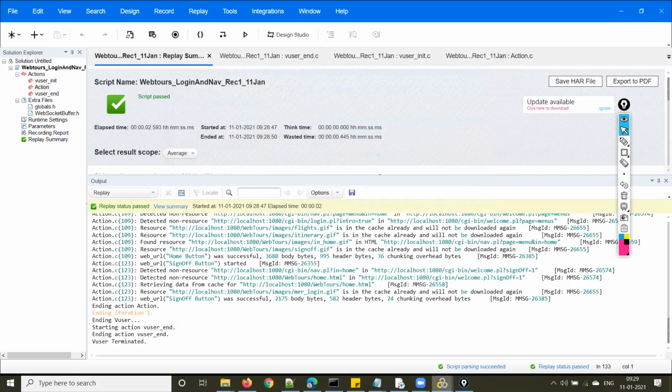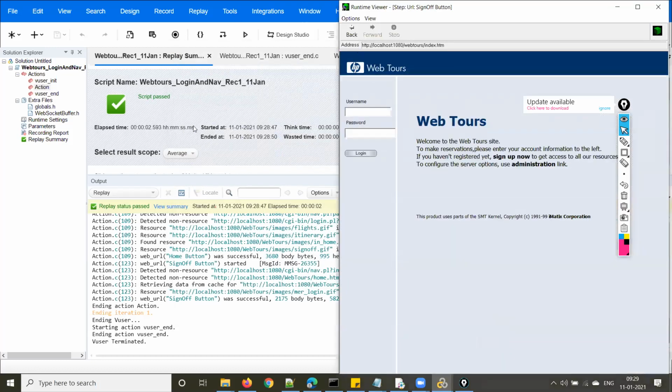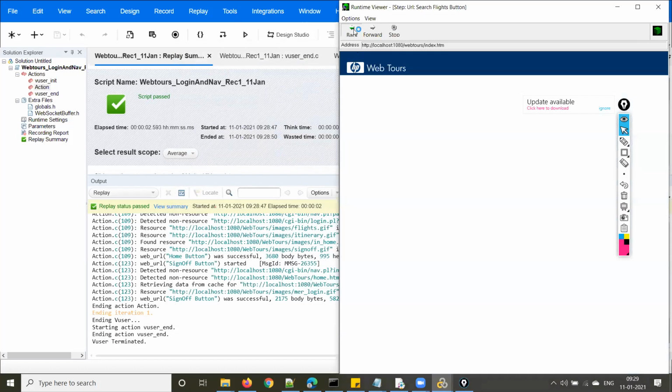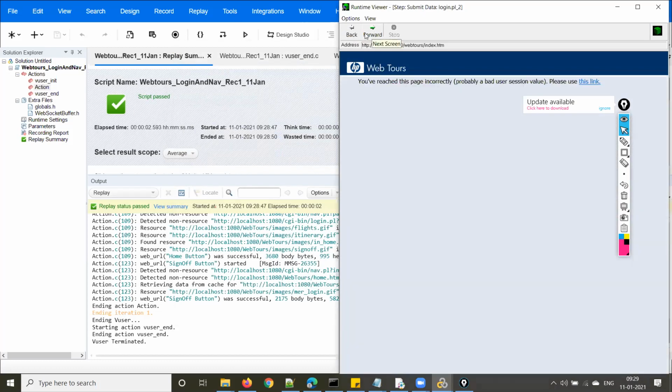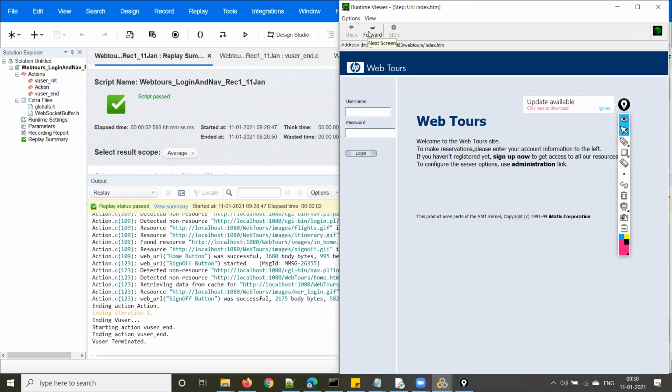The purpose of the runtime viewer is that when you are running the script, it will show you the response for each page. So this is the launch page. There is a forward button and a back button: the back button shows the previous screen, and the forward button goes to the next screen.